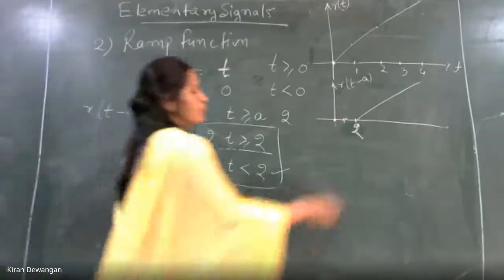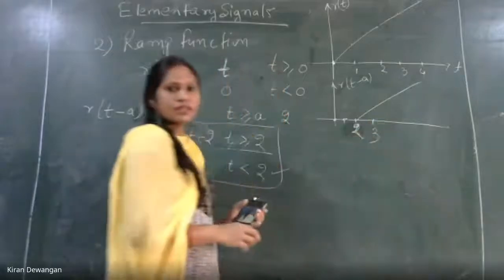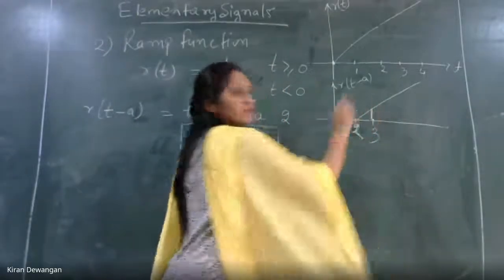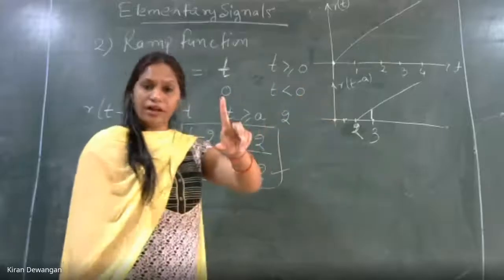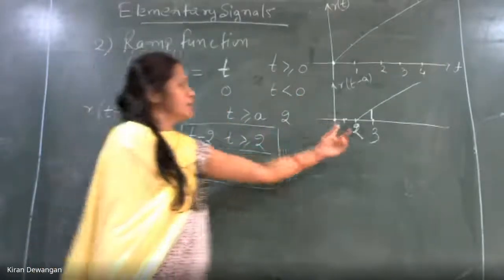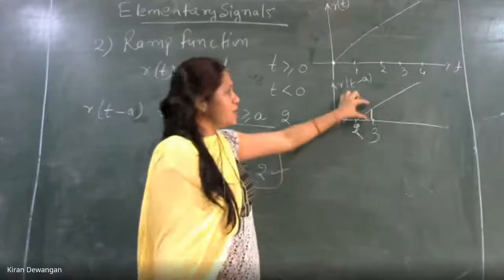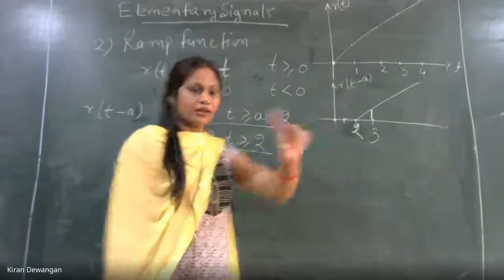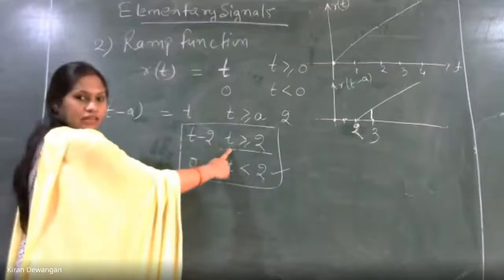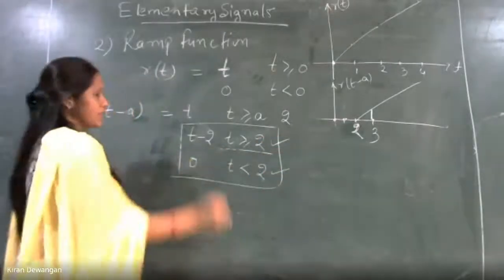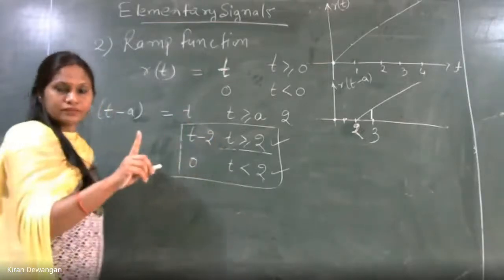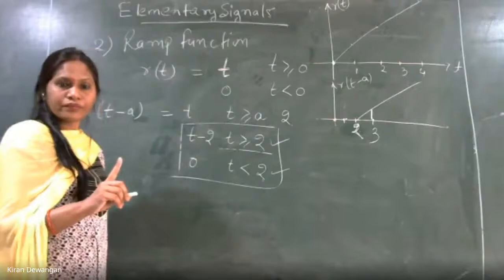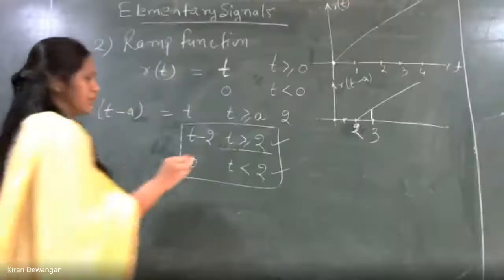Correct? Now if we move on to 3, 3 पे t की वैल्यू क्या होनी चाहिए? At 3, what should be the value of RT? 1. RT की वैल्यू should be 1. यहाँ पर से एक शिफ्ट हो रहा है, so this value should be just 1. So when t is 3, it is again satisfying this condition. So 3 minus 2 will be 1. Is this clear now? Yes, ma'am.